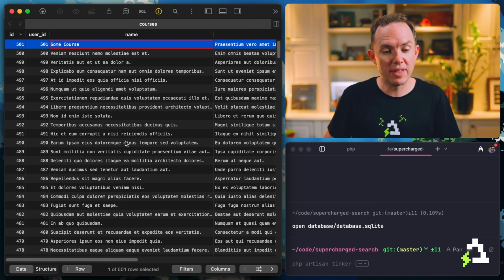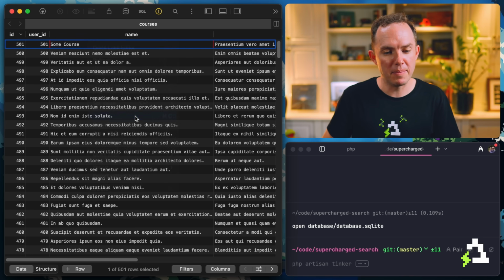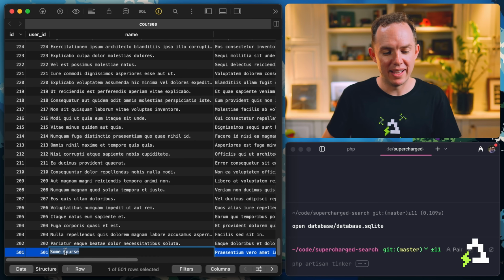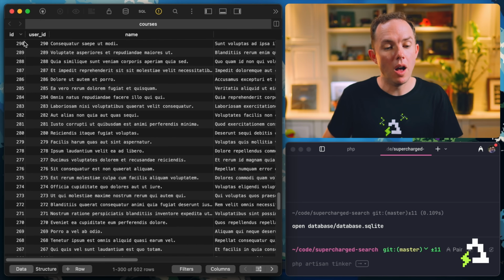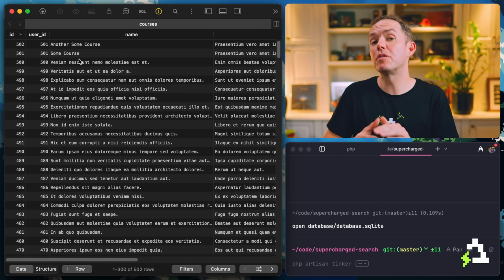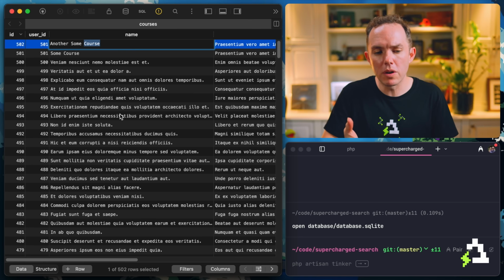So for example, imagine that we just duplicate this. How do I do it? Copy, paste. There we go. Another some course. Oh, what did I do wrong? Unique. Oh, yeah. Let's give it a new primary key. Okay, so now if we scroll back up, we have 2 courses that include the keyword course. But of course, now